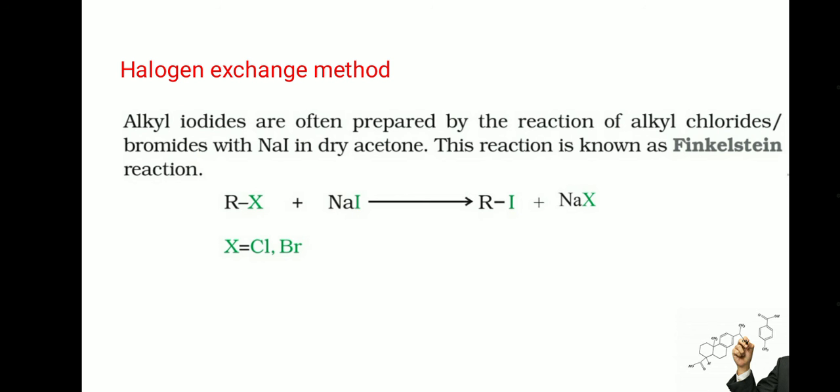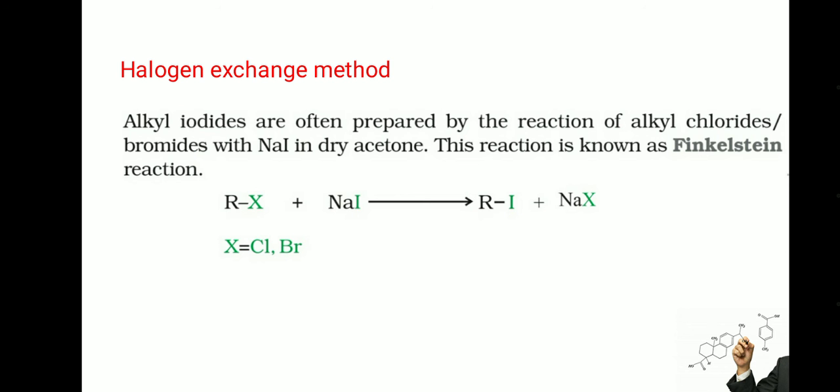The alkyl iodides can be formed. Here the alkyl group and sodium exchange halogen and iodine. This type of exchange takes place simultaneously. Here also equilibrium takes place. We use sodium iodide in acetone because of solubility. Sodium iodide is soluble in acetone, and the byproduct of this reaction is insoluble in acetone and it precipitates out, then it can be removed.